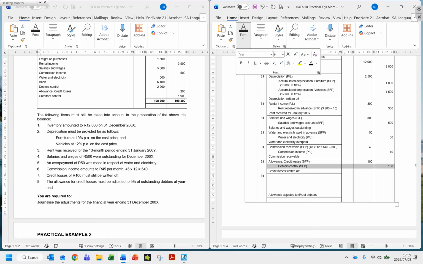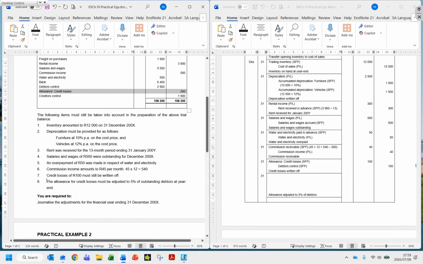Use the allowance that is available. Reduce what the debtor owes you. So debit allowance, credit debtors control. So that is how you write off credit losses when there is an allowance available. And then the last point is the allowance for credit losses must be adjusted to 5% of outstanding debtors at